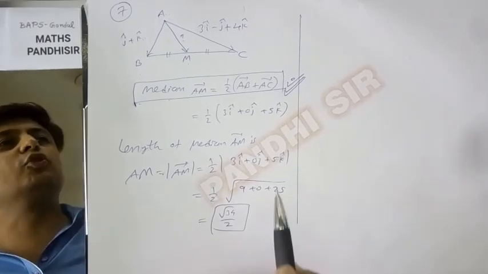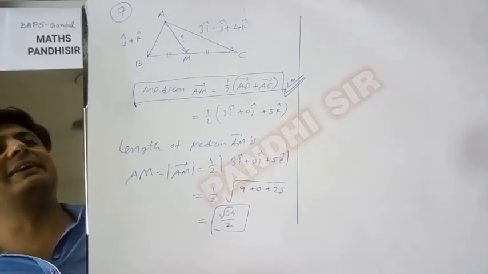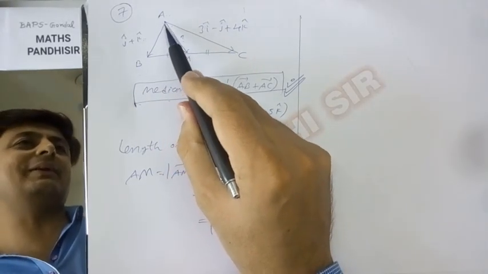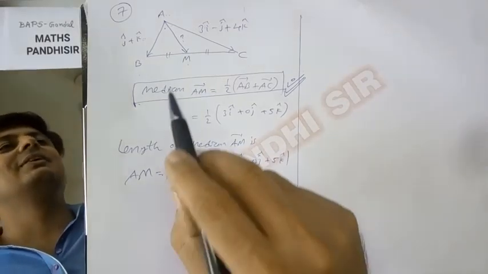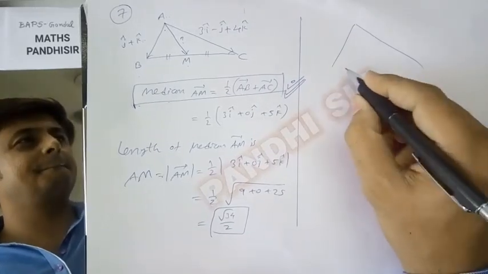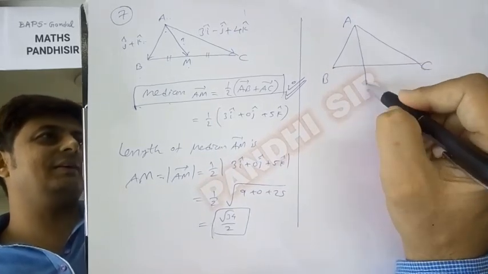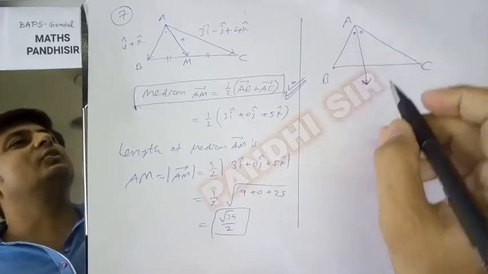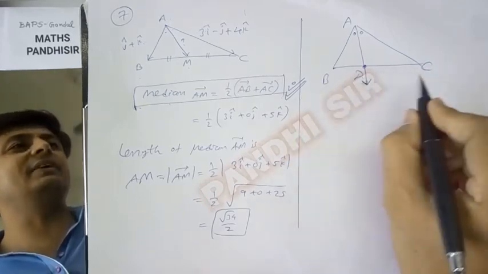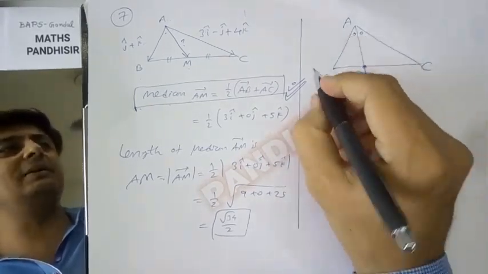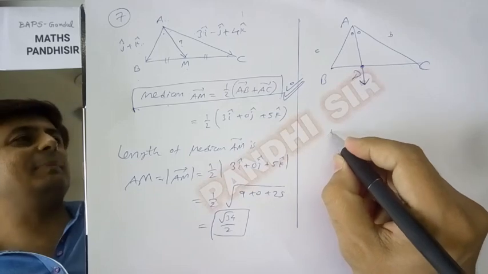ओके, सो मीडियन के लिए याद रखिए। और एंगल बाइसेक्टर के लिए क्या करेंगे, एंगल बाइसेक्टर सपोज ए का जो एंगल बन रहा है दोनों इक्वल पार्ट करके अगर एंगल बाइसेक्टर निकालना है तो वो कैसे करेंगे। समझ लो ये ABC है, और यहाँ से जो एंगल है इसका ये बाइसेक्टर है, समझ लो। तो एंगल बाइसेक्टर पॉइंट समझो D है, तो D डिवाइड्स दिस BC इन द रेशियो AB is to AC। दिस AB I will denote by small c, this AC is small b।